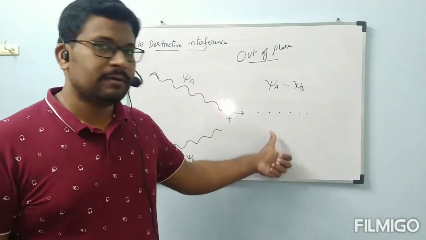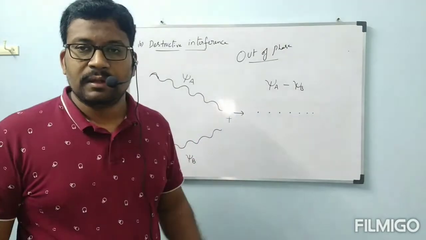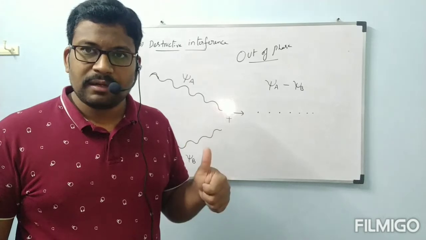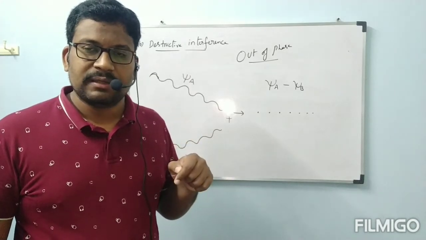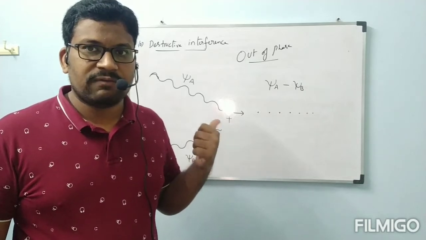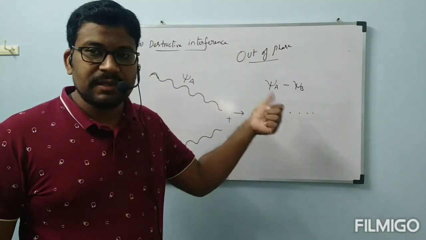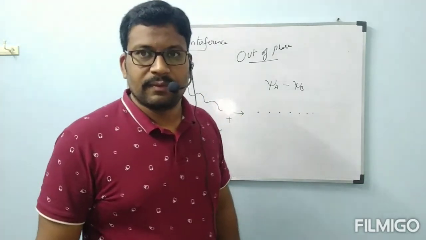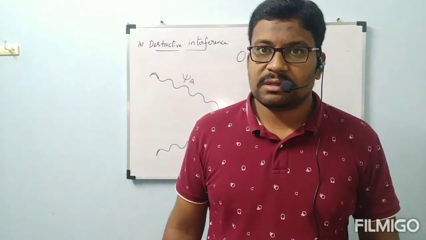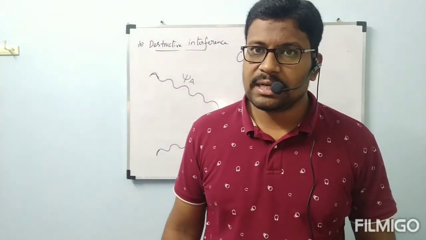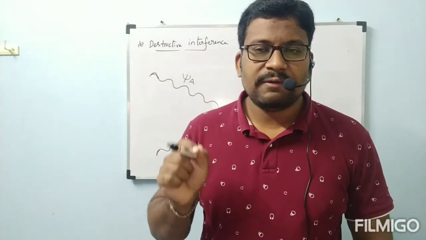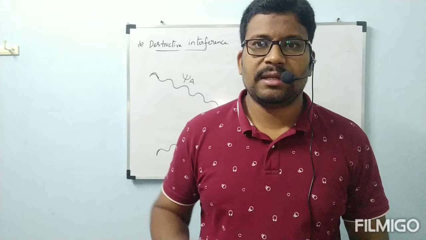Is it okay? This is the resultant wave, that is psi A minus psi B. The previous one was psi A plus psi B. When constructive interference happens, at that time waves are said to be in phase. When destructive interference happens, in that condition both waves are said to be out of phase, and this is represented by psi A minus psi B, and that is represented by psi A plus psi B. Okay, actually in your chemical bonding concept no question will be asked related to constructive interference and destructive interference. Then why, sir, are you telling like this? If you know constructive interference and destructive interference, then only will it be easy for you to understand molecular orbital theory.